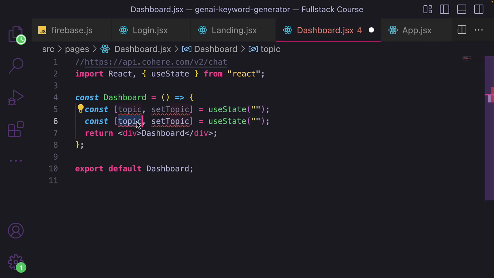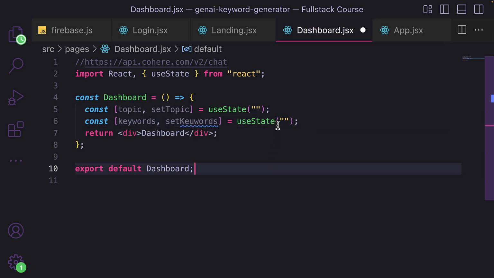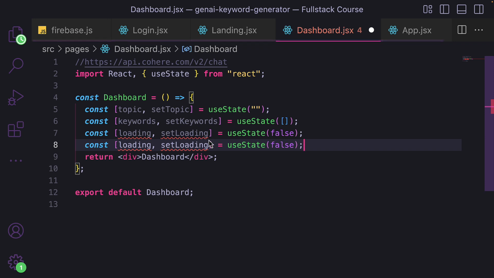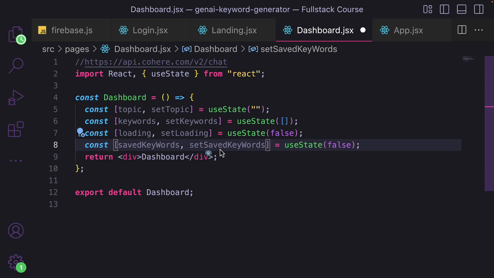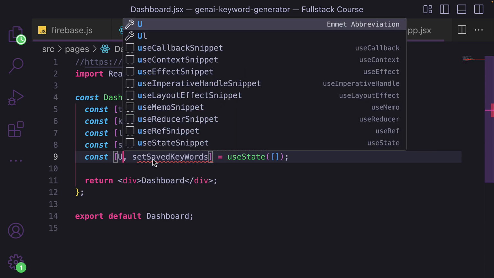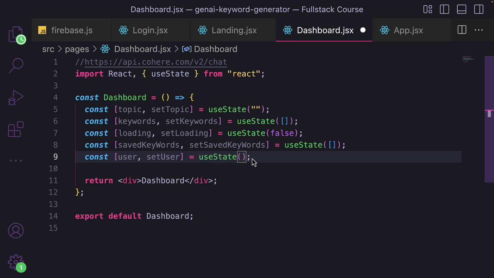The next one is the keywords, and then setKeywords, and this is equal to an array, and then loading, and setLoading is equal to false, and after that we're gonna have savedKeywords and setSavedKeywords. It is also an array, and also for the user authentication, user and setUser, it is an empty string,